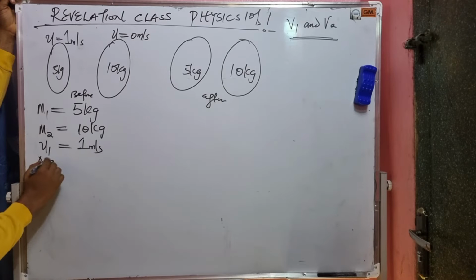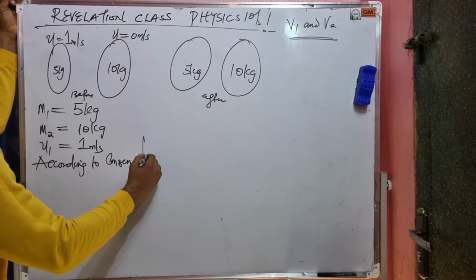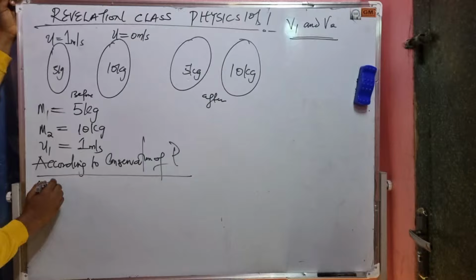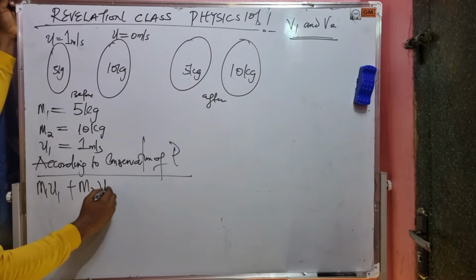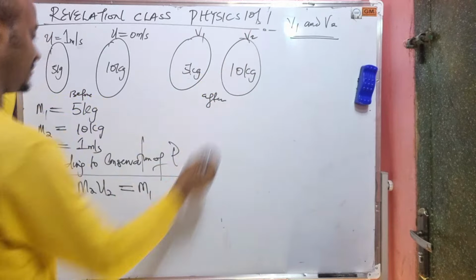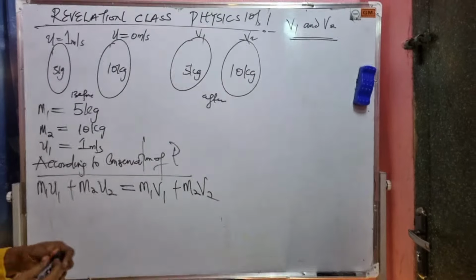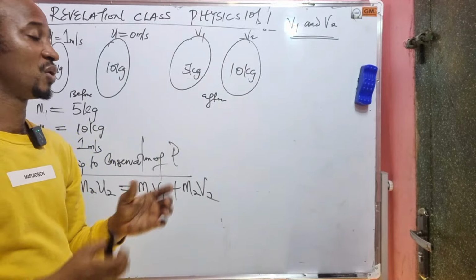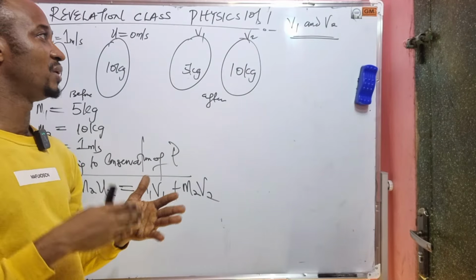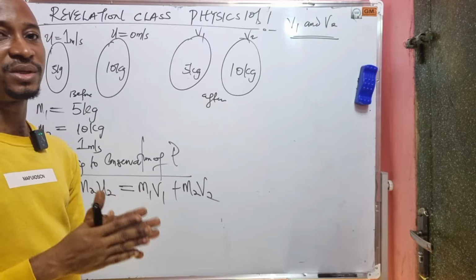According to conservation of momentum, we have M1 U1 plus M2 U2 equals M1 V1 plus M2 V2. In this case, V1 and V2 are not the same because the two bodies do not stick together. The only time V1 and V2 are the same is if we are dealing with a completely inelastic collision,